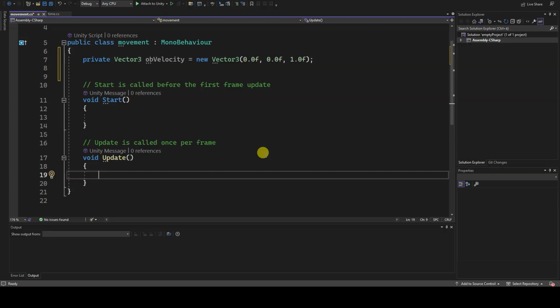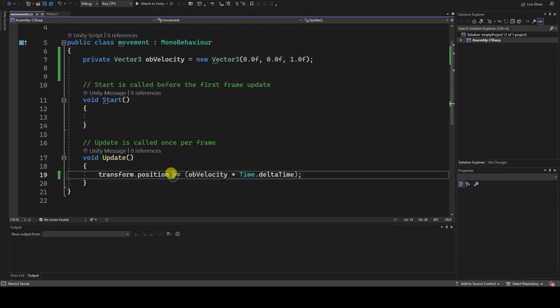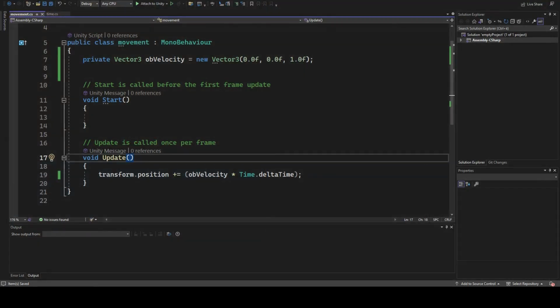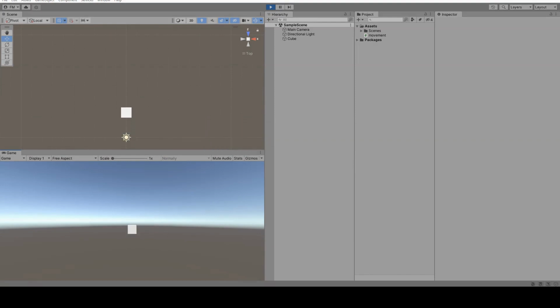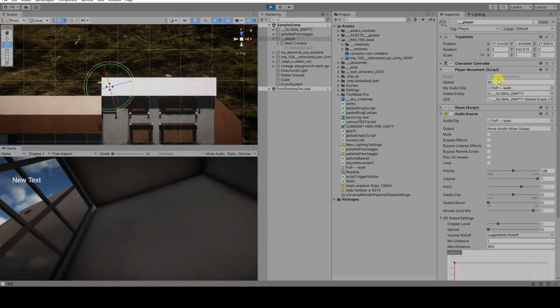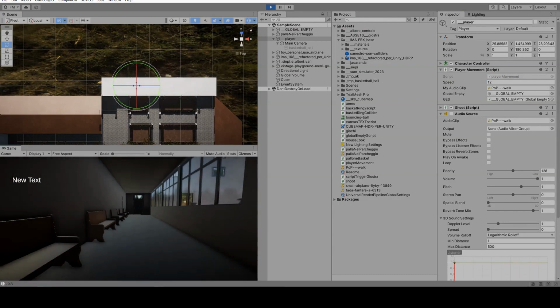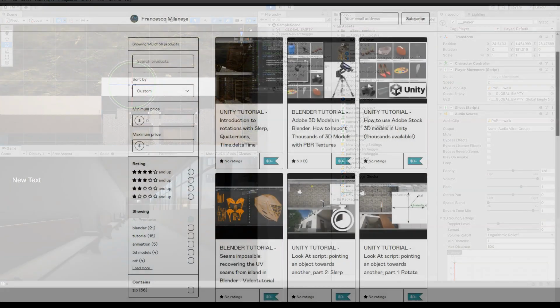Hello everyone! In this tutorial we will see what time.deltaTime is in Unity and how to use it. This beginner-friendly tutorial is perfect for those who are new to scripting in C# within Unity, as the topic is fundamental and deserves to be well understood, since you will encounter it in many scripts and tutorials. The tutorial was created using Unity 2022, but time.deltaTime has been around for several versions of the software and will likely continue to be in the future.